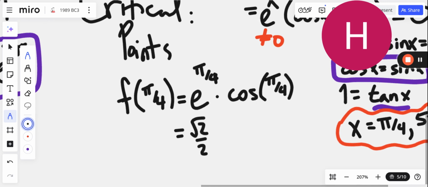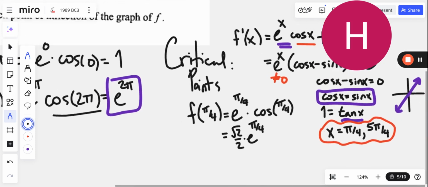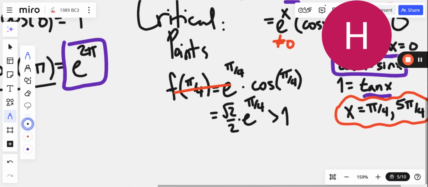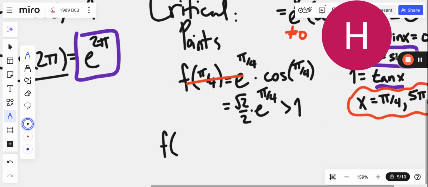This would be root 2 over 2 times e to the pi over 4. Again, don't really care what that is. I just know that it's something, it's bigger than 1. It's bigger than e to the 0, but it's not bigger than e to the 2 pi, so really we can just ignore that as being a maximum or a minimum. And then we have f of 5 pi over 4, which is admittedly a little bit